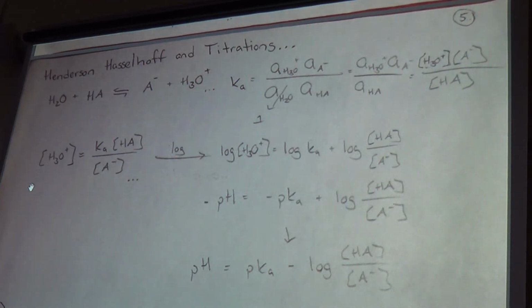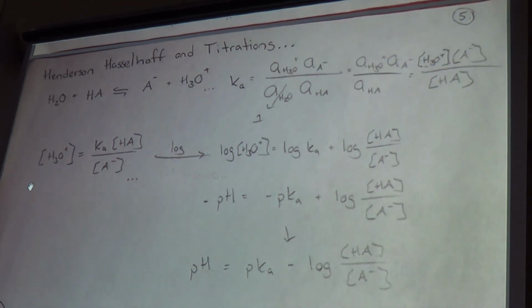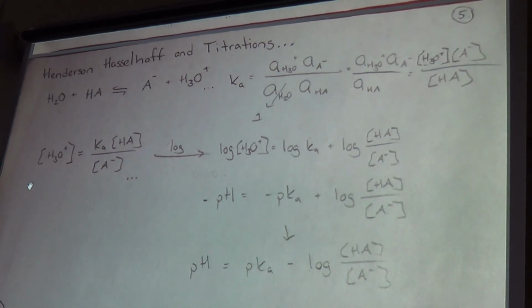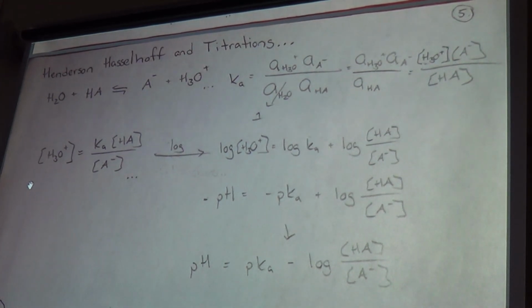The way that we obtain the Henderson-Hasselbalch equation is that we write out the Ka for the acid in terms of conc HA, conc A minus, conc H3O plus, and then we isolate conc H3O plus. It ends up being Ka times conc HA over conc A minus, and we take the log of both sides. You take the log of both sides, you get log H3O plus is equal to log Ka plus the log of the ratio of HA over A minus. We know that log H3O plus is negative pH,